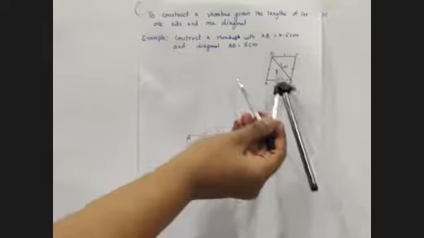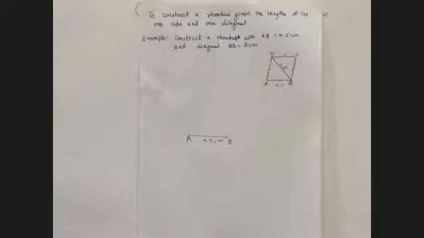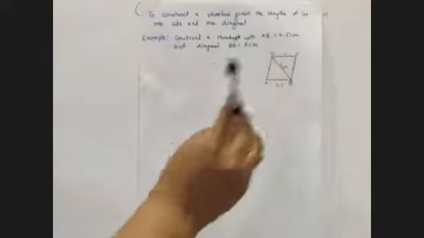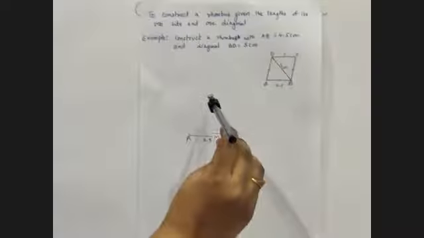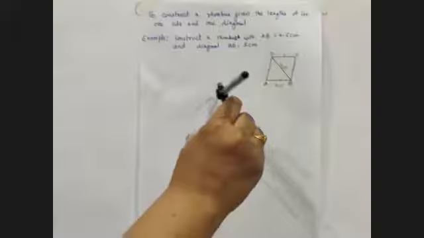Now in the previous video, we have constructed a parallelogram wherein two sides were given and one diagonal was given, right? Here also we know the two sides. So what we did in the last video, first we constructed this triangle and then similarly we constructed the other triangle. So we will be doing the same over here. So I have done the first step. AB is 4.5 centimeter. Now with B as center, we have to draw BD. So with B as center and 5 centimeter as the radius, we will cut the arc over here.